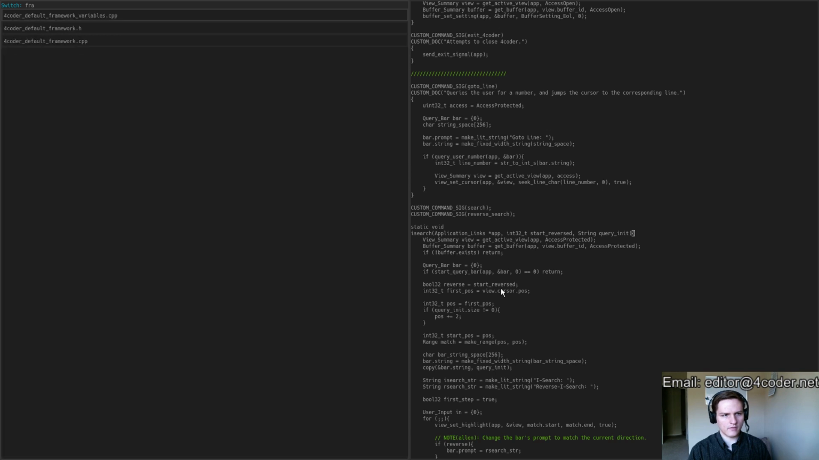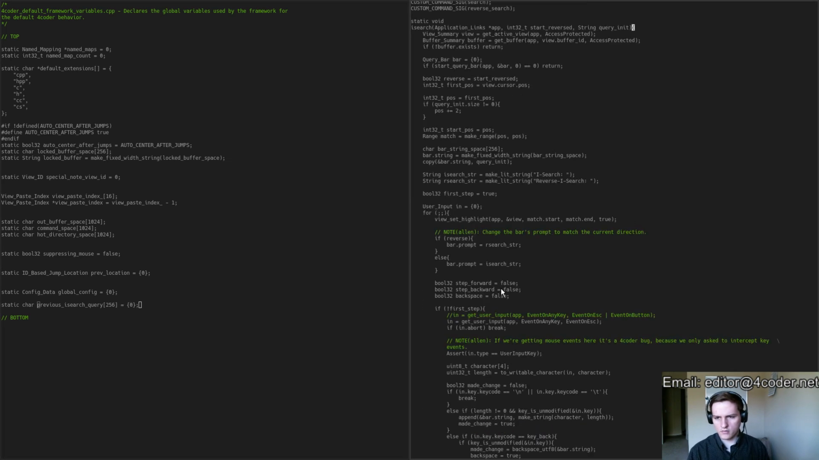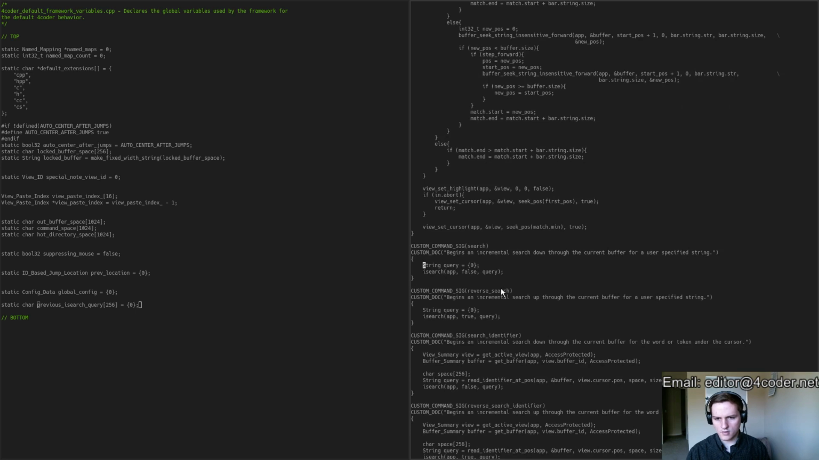Yeah, I guess if I go to the framework variables, I want something like previous iSearch query. There we go. Let's have that init to 0 at first. And then this can become